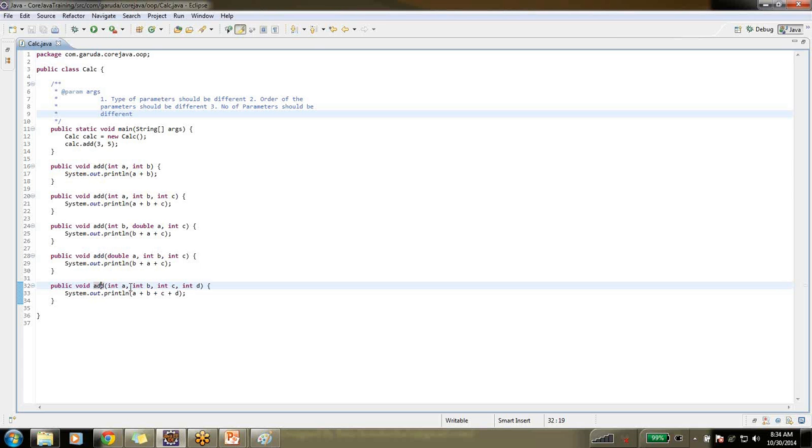Okay. Related? Yes. Now, there are conditions to write it. You cannot write just like that. Okay? There are conditions. Three conditions you need to remember. First thing is, the type of parameters should be different. Okay? Suppose if I write